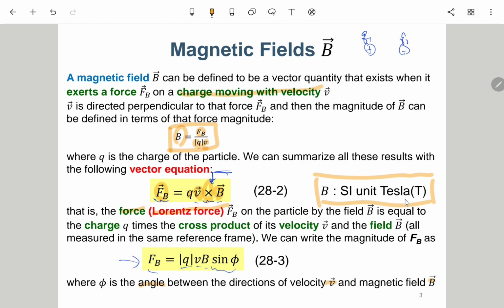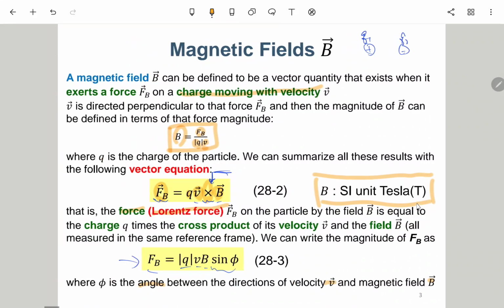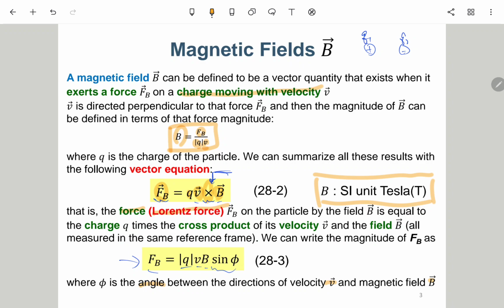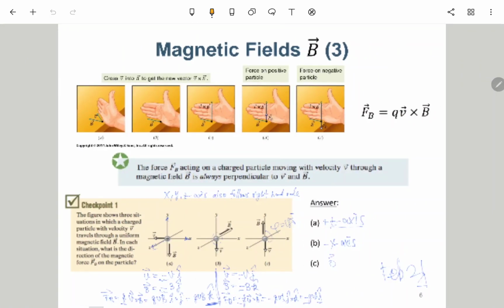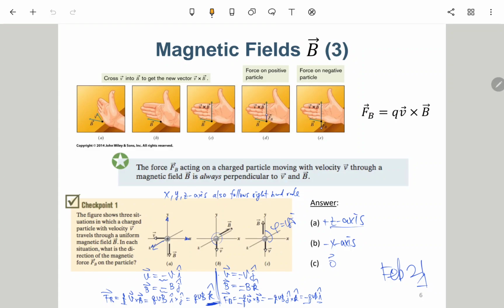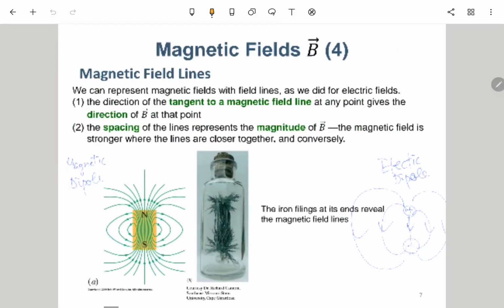Okay, so Tesla. So of course the car brand Tesla is named after him. Actually, Tesla invented the AC electric, which is a competitor with